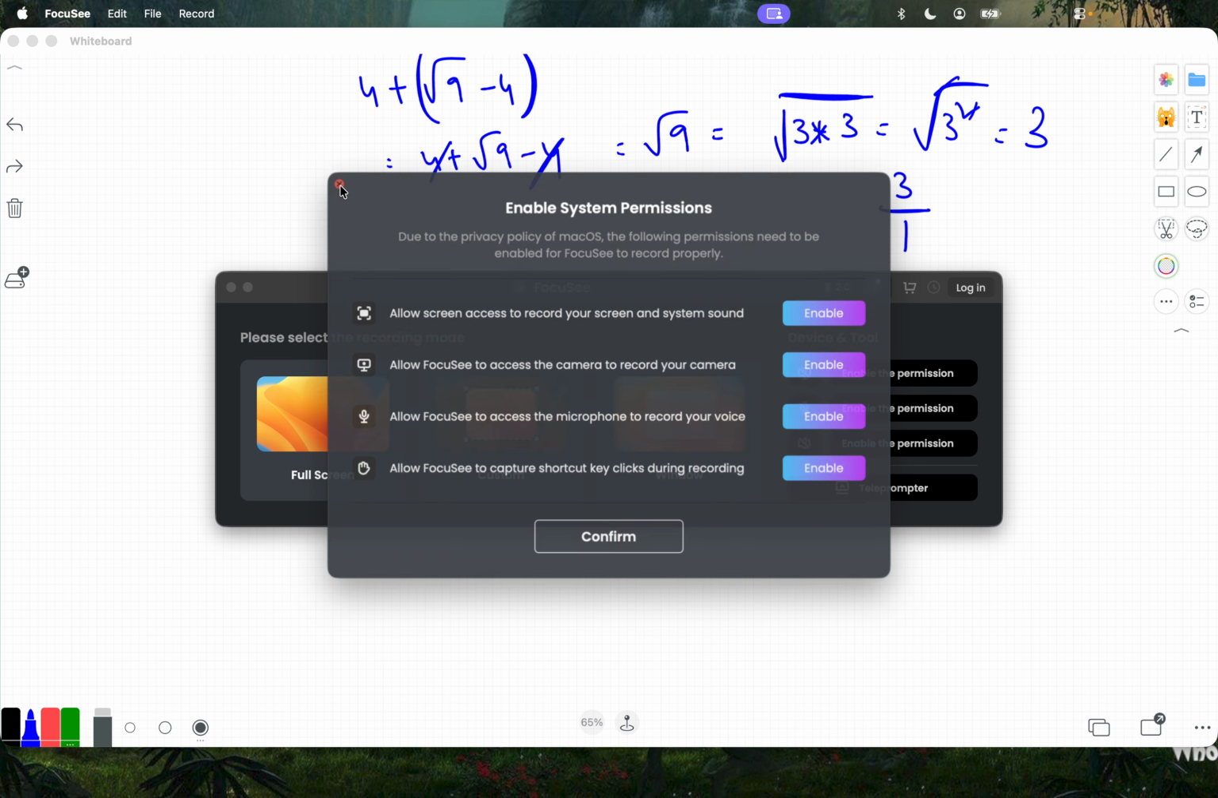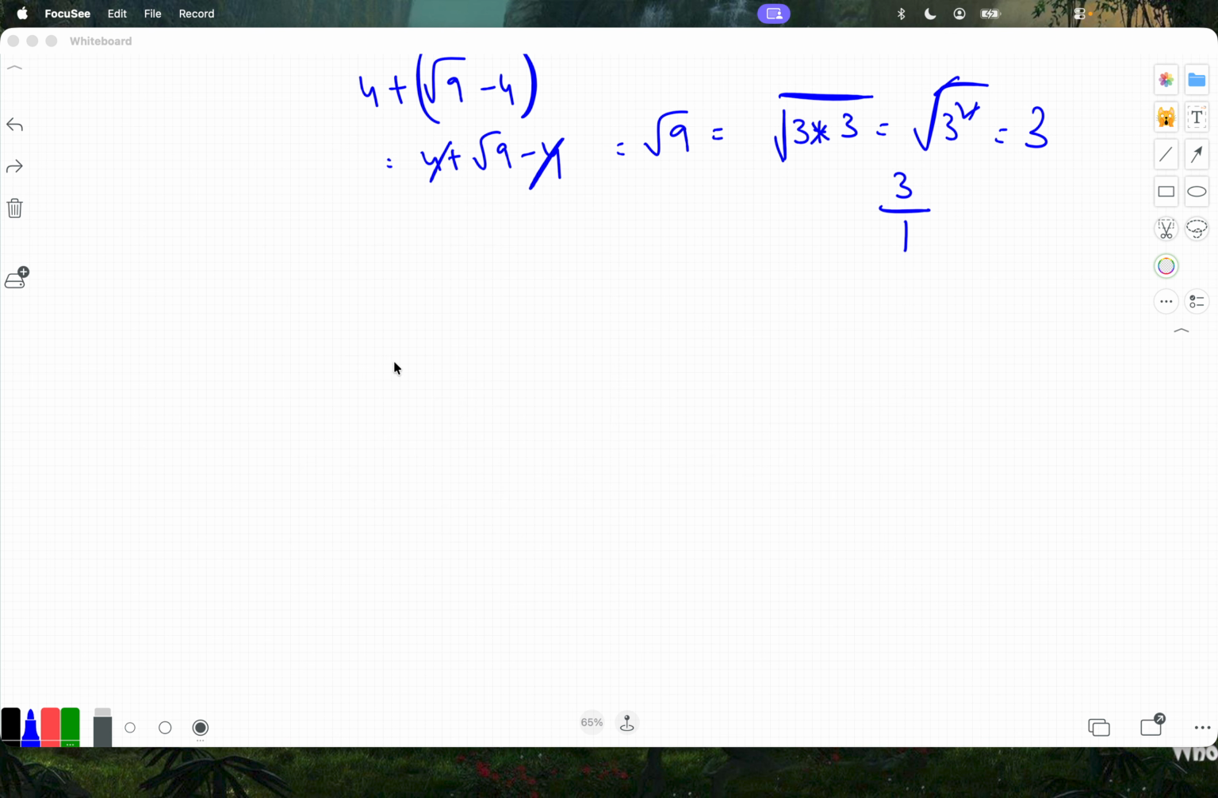So now let's go to the next problem. Say there is a rectangle with sides 3 and 4. We need to find the length of the diagonal, and we need to say whether this length of the diagonal is rational or irrational. I hope you all know